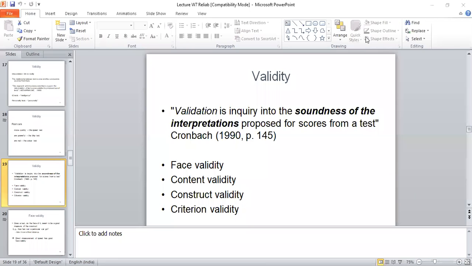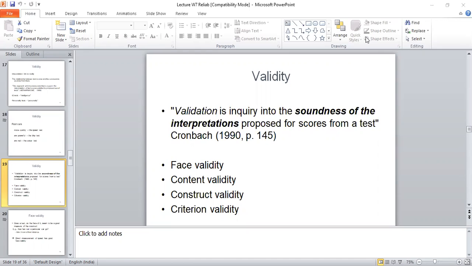So in the last presentation and in the last lecture, we had spoken about what validity is, validity being that the test measures what it aims to measure. And in this lecture, we will talk about the types of validity. In the last lecture, I had also explained the first that you see on the screen, which is face validity,